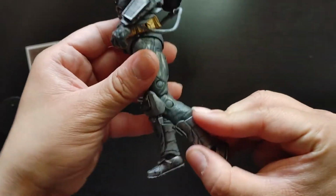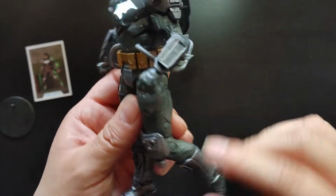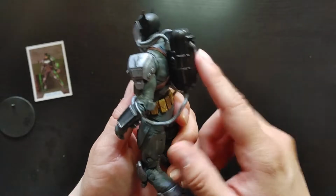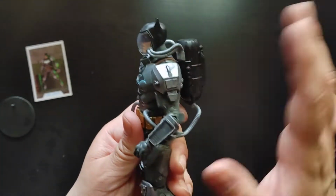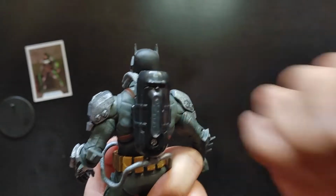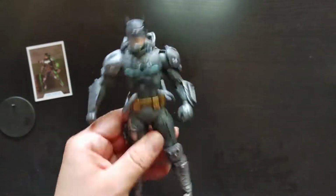I mean, unfortunately, my camera's not the best, so it doesn't really show on here in terms of the paint. But it's really, really good. Let me turn this off. Now, the cool thing about this light up, you don't need batteries. It's already in here. And the way you can replace the batteries: unscrew it, take out the battery, and replace new ones if needed. Now, I did mention there's two figures, and I made the mistake of buying both by